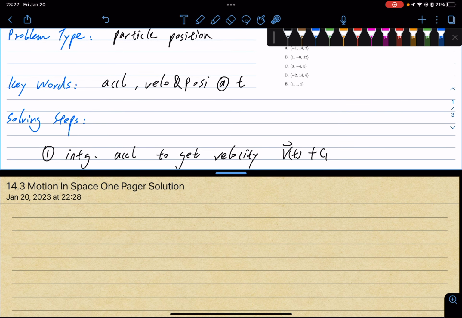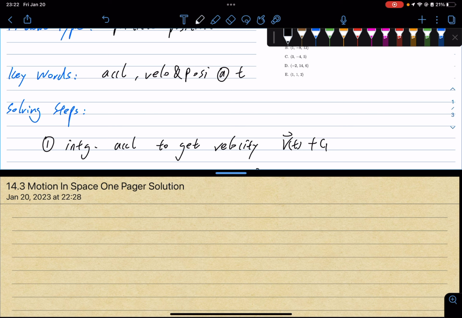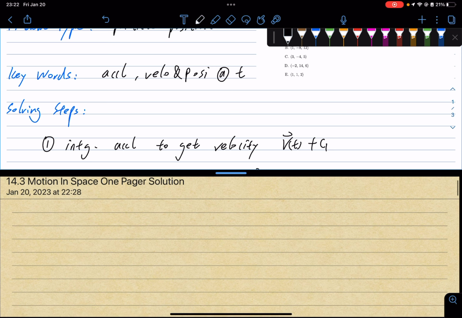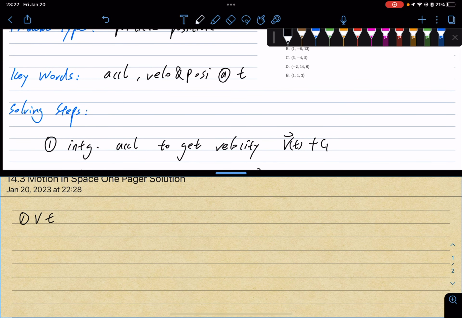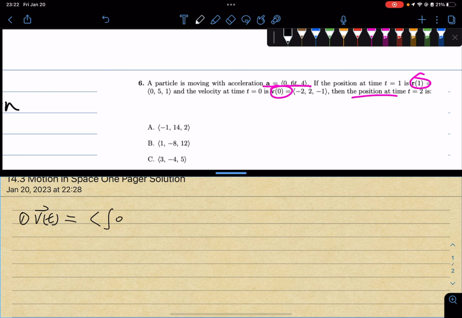So to solve this problem, the first step is to integrate the acceleration vector to the velocity vector. And then we have to, of course, add an arbitrary constant. So step 1, v of t equals, we're going to integrate each component. So we have integrating 0 dt, integrate 6t dt, and then integrate 4 dt plus c1. And then this will give us